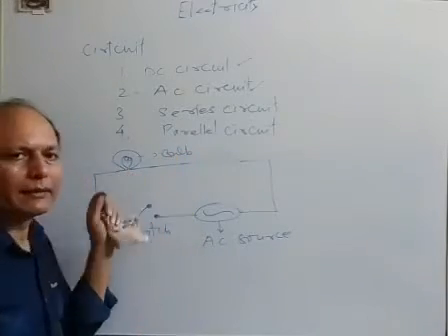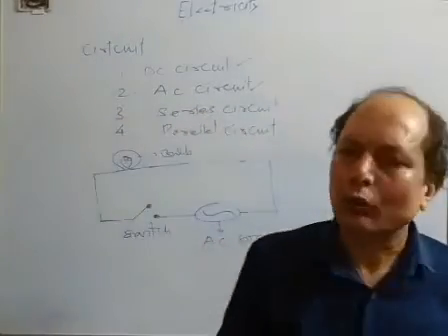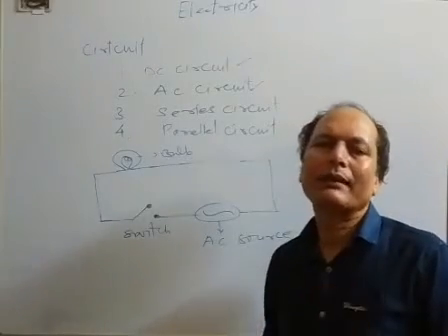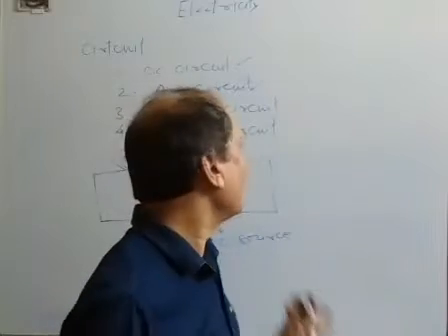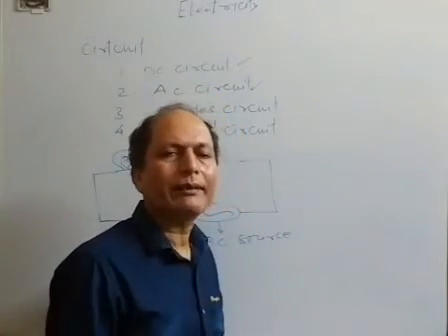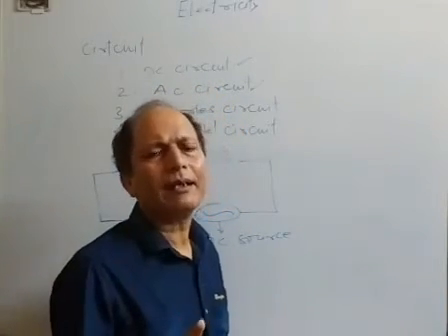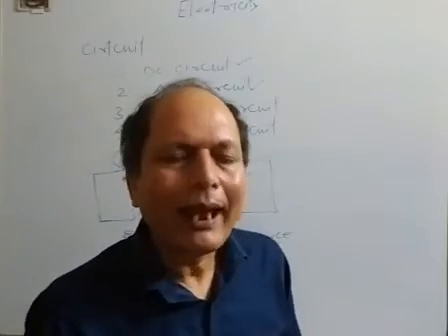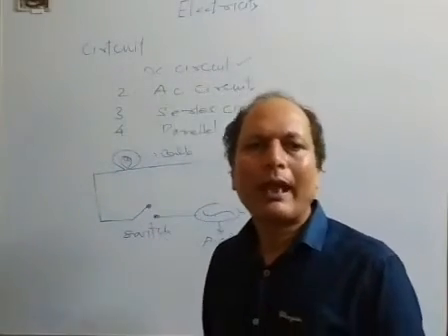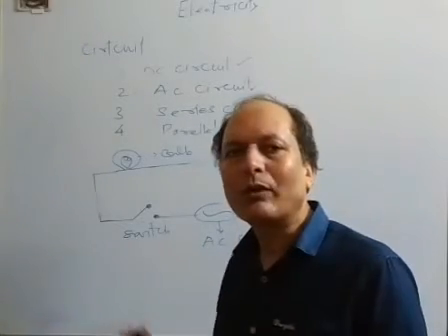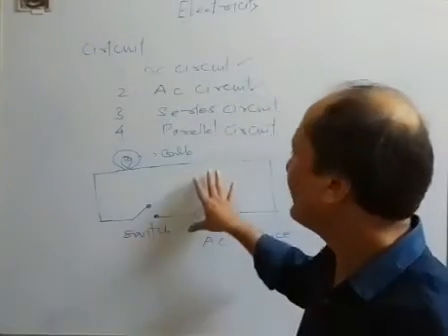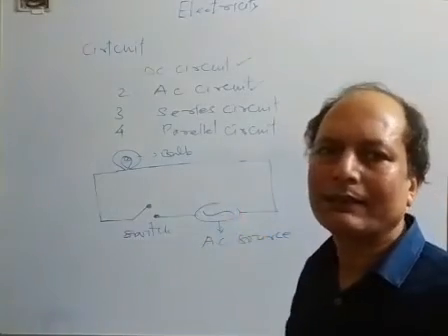Bulb means resistor. Resistor means electrical instrument, because all electrical instruments have a particular resistance, so they are called resistors. Every electrical instrument that we use has a particular value of resistance. So all the electrical instruments are known as the resistors. So it is the symbol of AC circuit.